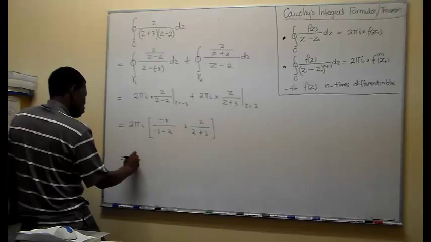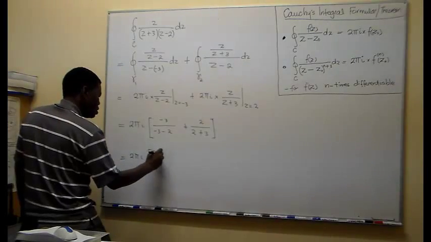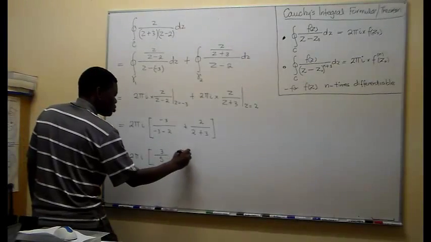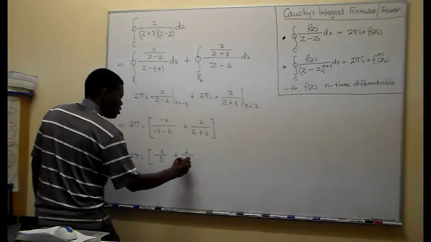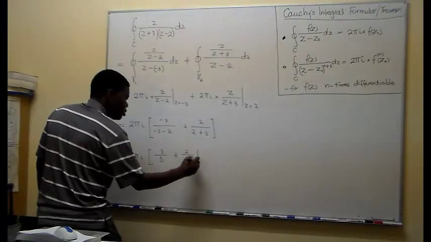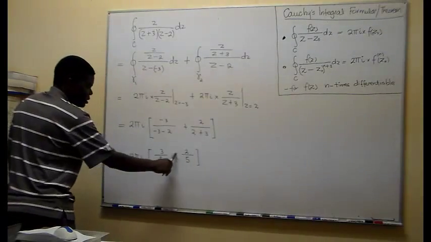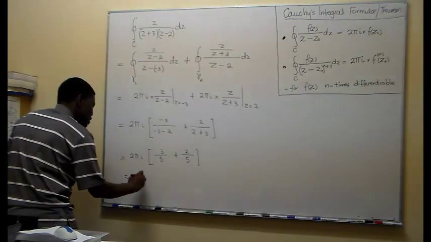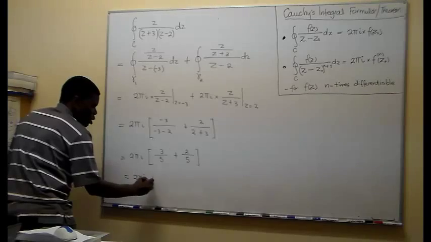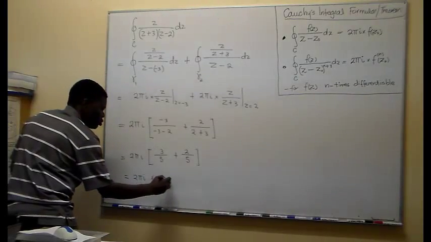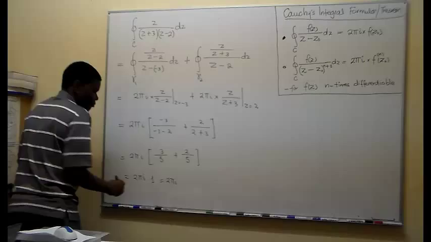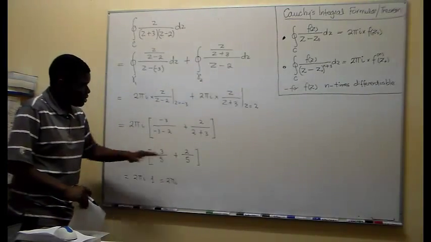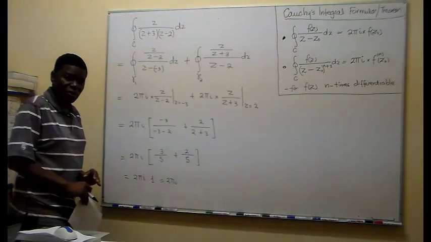Then let's say this is 2 pi I, 3 over 5 plus 2 over 5, which you can clearly see gives us 1. Then this is 2 pi I multiplied by 1, which equals 2 pi I. Now, at this point, I would like to leave this as it is and try to do some kind of